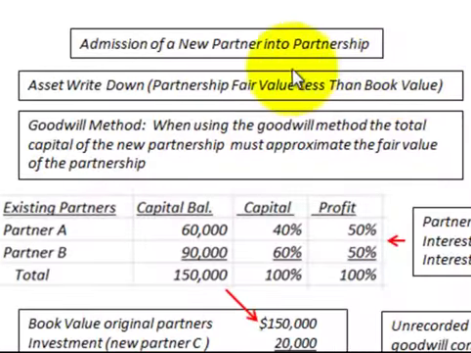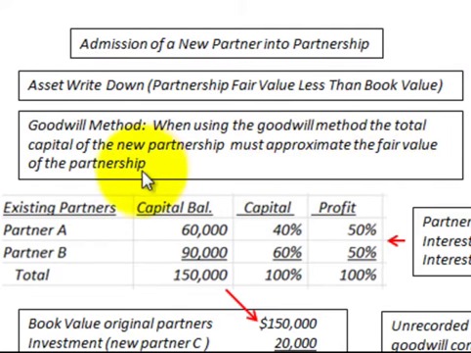Here we're going to be looking at admission of a new partner into a partnership. Our example is going to be for an asset write-down where the partnership's fair value is less than the book value of the partnership. And the method we're going to use is the Goodwill Method. When using the Goodwill Method, the total capital of the new partnership must approximate the fair value of the